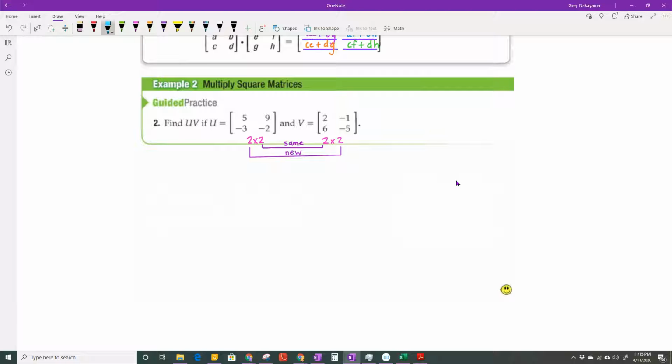So if I know it's going to be a 2 by 2, then I have my dimensions, my brackets to symbolize it. It's important that those brackets have a top and a bottom to them. Okay, so let's go with first row, first column. That's going to be 5 times 2 plus 9 times 6. Okay, if I go across, that element is first row, second column. That's 5 times -1 plus 9 times